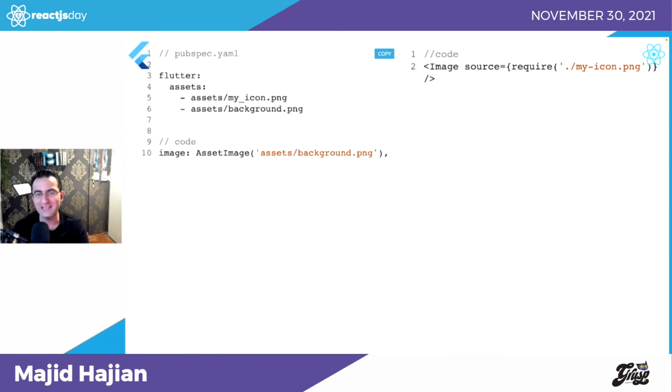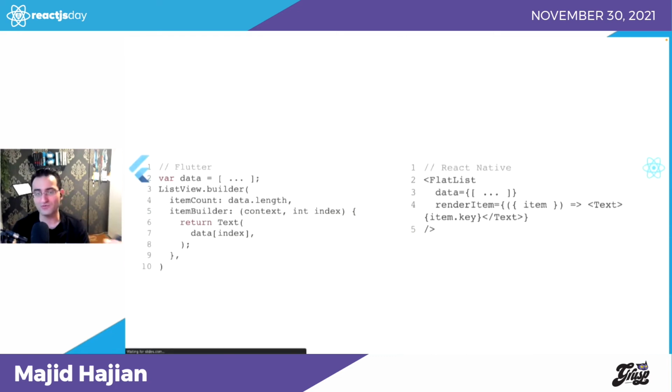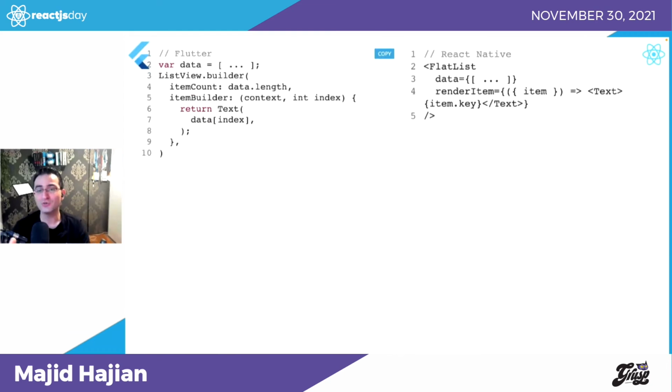And in React Native, you will just use maybe require and say, hey, it's relative to the path that I am in, and that is going to be my icon. The bundler will take care of moving around the things. So you will learn slightly different approaches here, which is actually good. Maybe you can come up with a better approach in your application, whether it's React Native or Flutter,